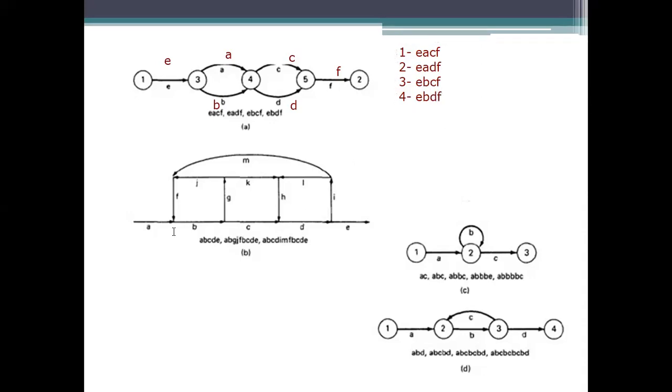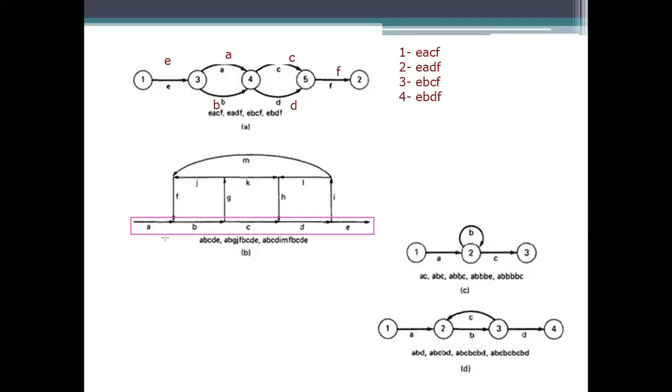If you see the next one, there is no node representation. What we are doing is we are presenting the link only. So this is the end of that link and this is the starting of that link. This is the starting and this is the end. So if you see, this is the path. This can be the path we can take for processing the first one, A, B, C, D. Okay, that is the first one.